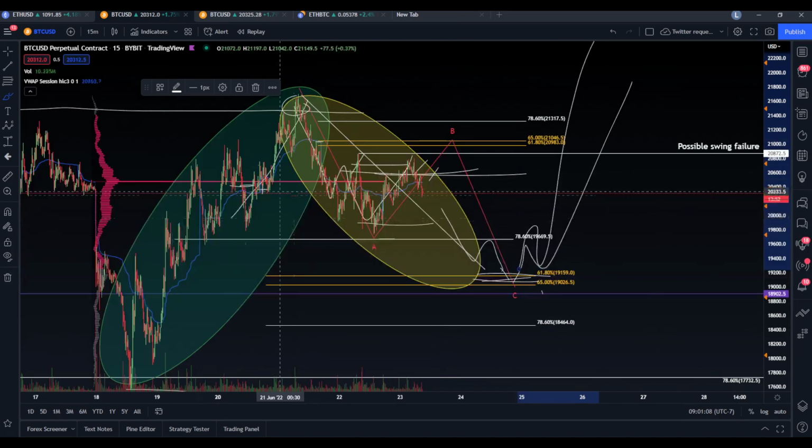So far, this thesis from here is playing out, which I'm happy about because it's nice to have an idea, especially with Elliott waves or any kind of higher time frame idea, where price action generally is following what you're expecting, because it gives you a little more confidence that you're on the right track, that shorting these relief rallies is more appealing, and then ultimately you're more prepped mentally to be looking for your longs